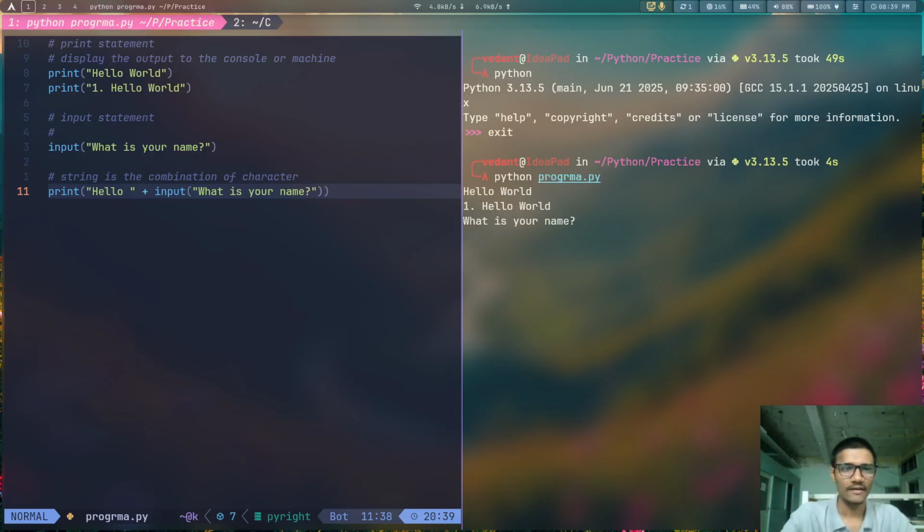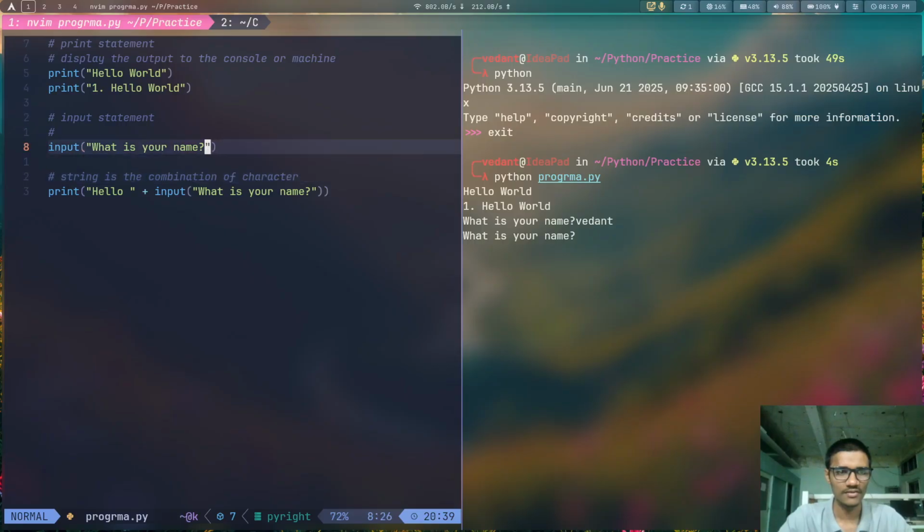Now I will enter my name, Vedant. This first Vedant was for this input statement, the current one for this input statement, and the next one is for the input statement within this print statement. See how the control is shifting.